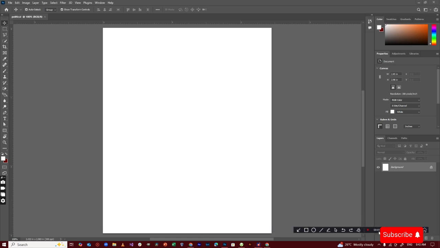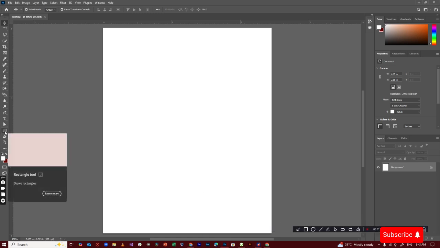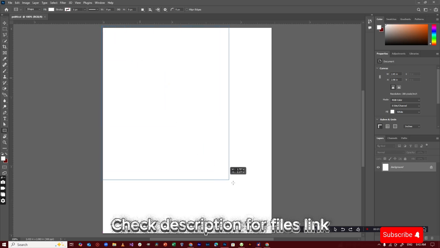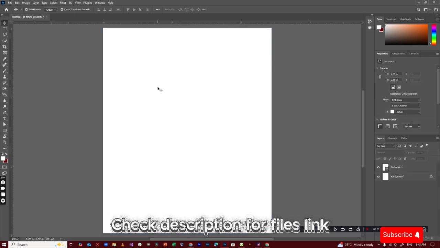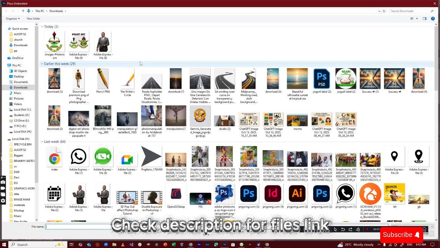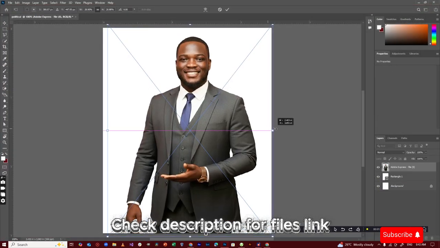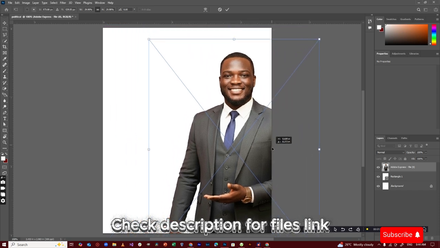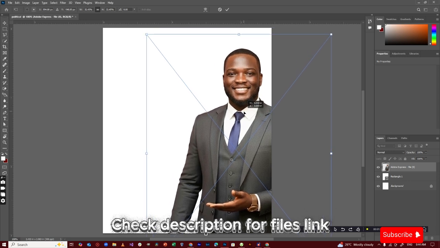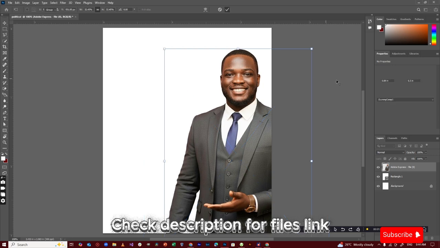Alright, so after creating it, let's try creating our layout. You understand? So I'll draw a rectangle on my canvas, then try and import the image. Alright, so after importing the image,